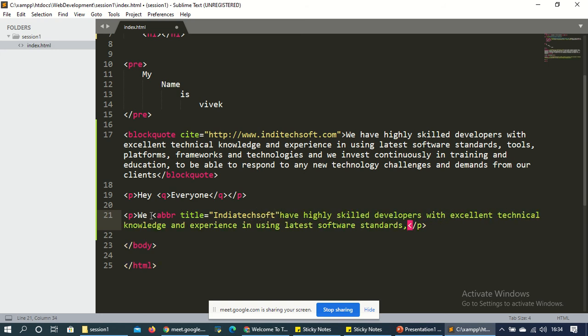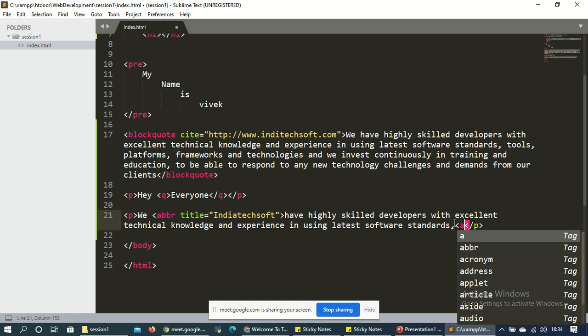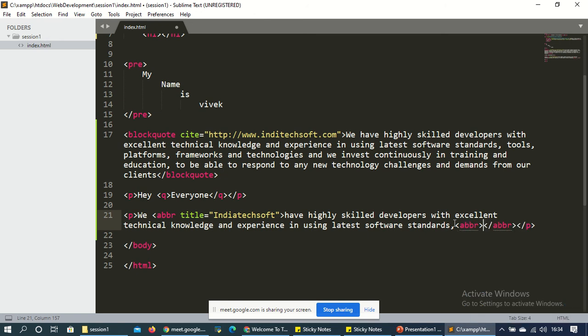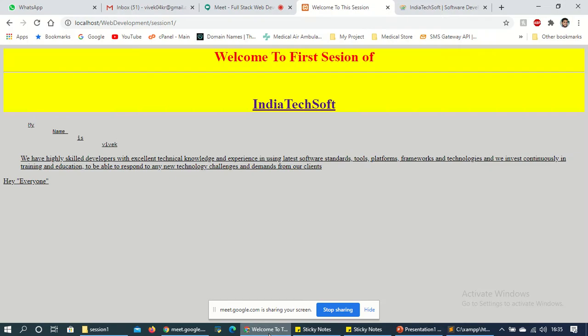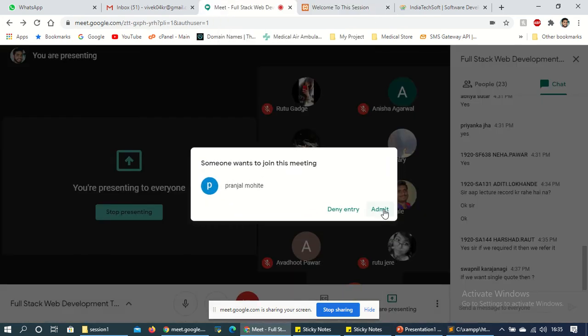Okay, and just close ABBR, here is the closing section. Okay, so just save it, and see, we have highly skilled developers with excellent technical knowledge and experience, and it is in a different style. So I think somebody is Pranjal. Okay,